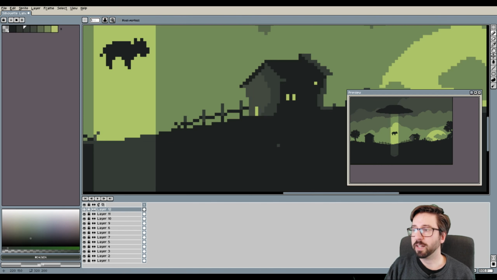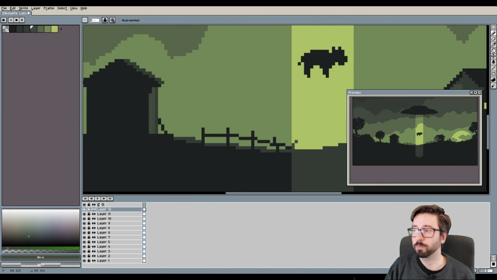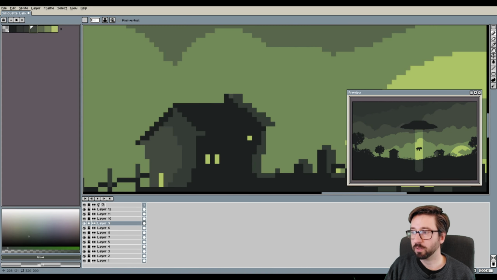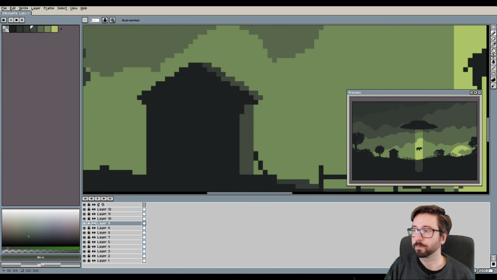So I figured the light on these 2 objects at least should be coming now more from the beam, which is what I started to do now. So both the farmhouse and this other building, I adjusted the light to come more from the beam that is now more close to the camera.